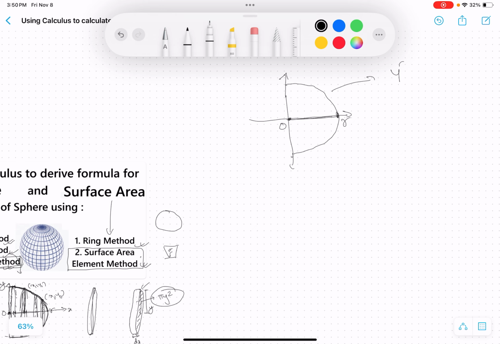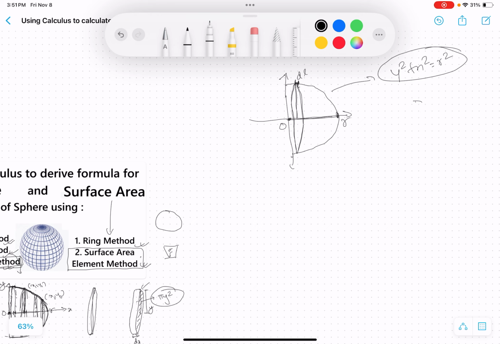So in this 2D circle, for every y, we are going to find the circumference of this circle multiplied by the small dl element. This is a small length. So to the 2 pi r, the circumference of the circle, we multiply by dl